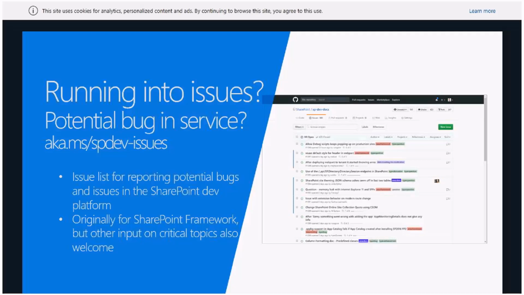And if you have any critical things, please let us know through here as well, because this is actually bypassing our complicated support process, because we want to tackle potential critical issues as fast as possible. And we'll be concentrating more and more in the future on the submissions in the issue list.